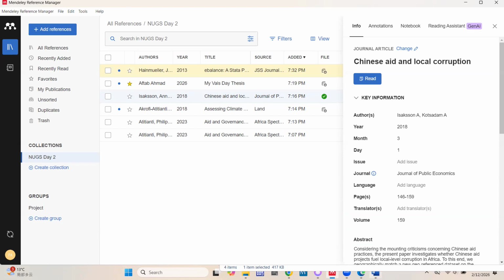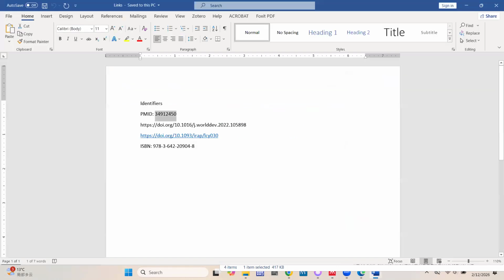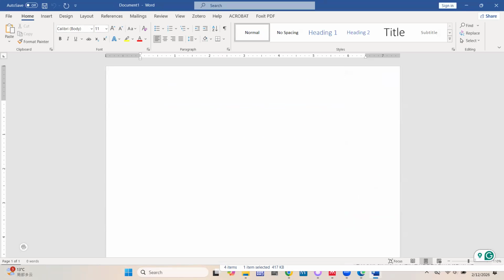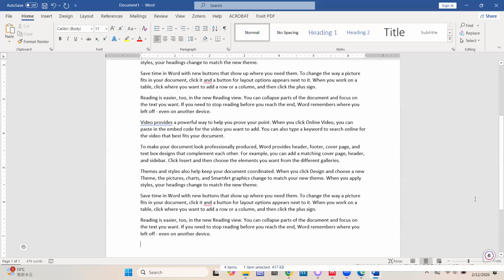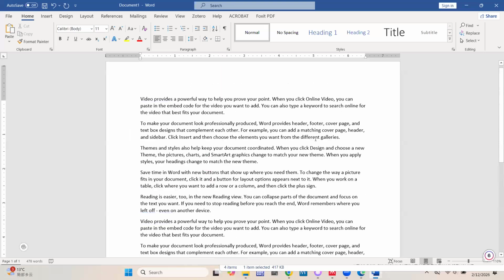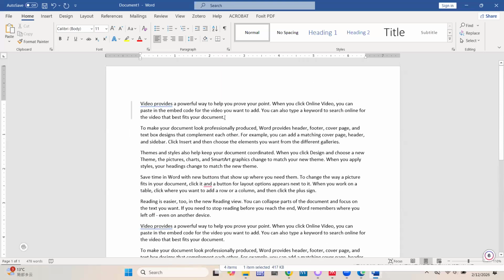So now let's open our Word document. And now let's look at how we can be citing works. So I'll quickly generate a random paragraph, and maybe add a few more paragraphs. So you have these paragraphs. How then do we go about citing in Microsoft Word?